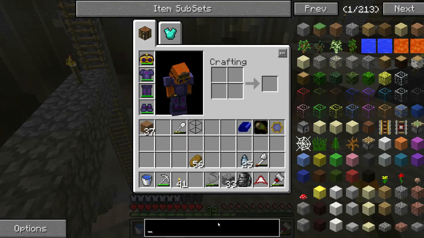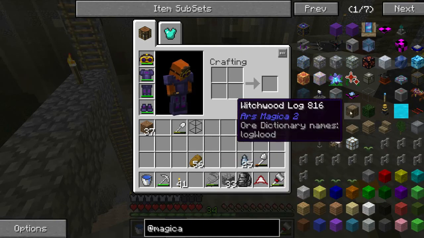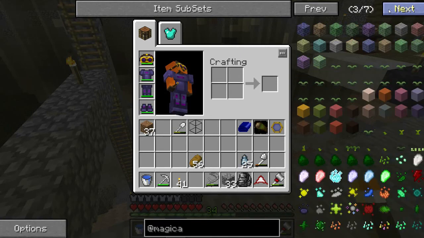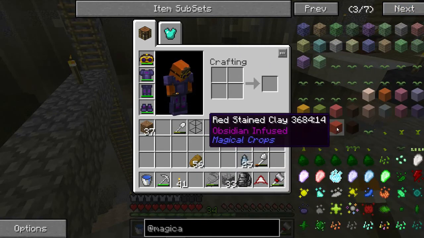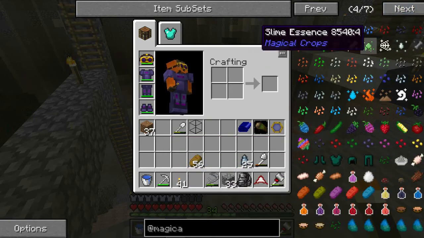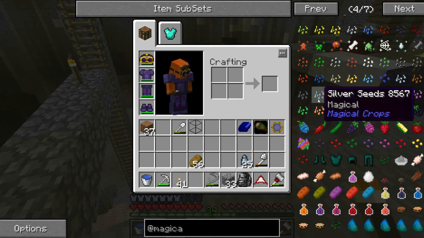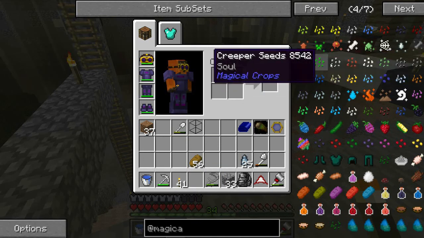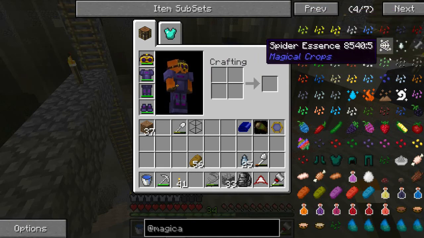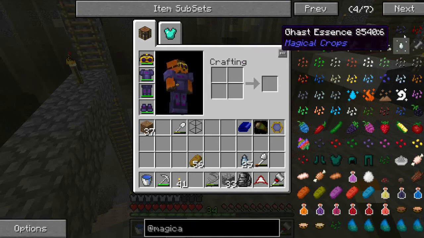I can show you quickly here at magic. Where are we? Where are the seeds? So we start off with uranium, which I don't know what that's used for. Where are all the seeds? These are all the seeds here, basically. So you can get silver, tin, ferrous, cobalt, creeper, cow. You can get pretty much anything you can make in the game from magical crops. But it just requires you to,